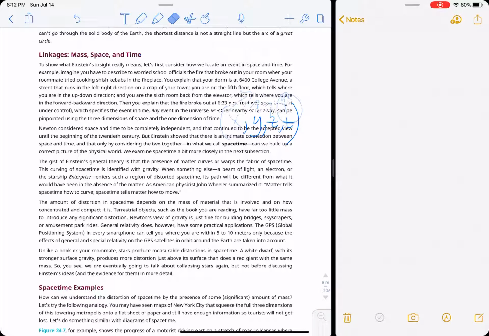So your 4 coordinates all change, and if you want to predict where someone's going to be in the future, you need to keep track of x, y, z, and t. Well, it turns out gravity changes t and warps t just like x, y, and z. So it gets a little bit tricky, but the idea is right here, according to John Wheeler, who is an extremely famous dude in the science world. Matter tells space-time how to curve, and space-time tells matter how to move.